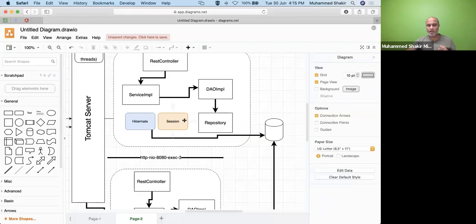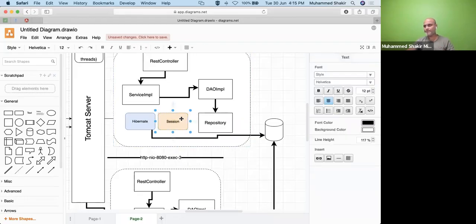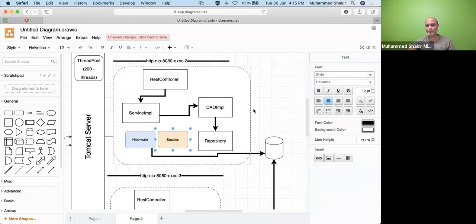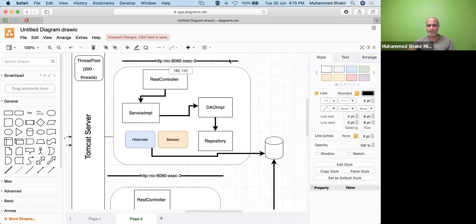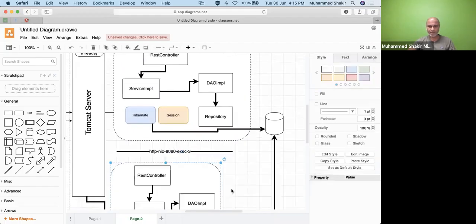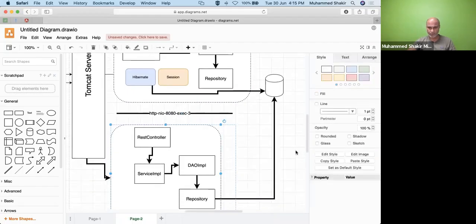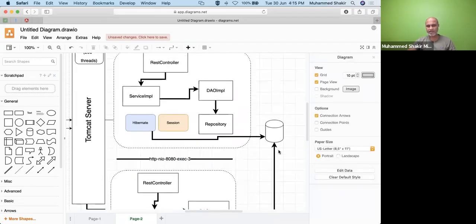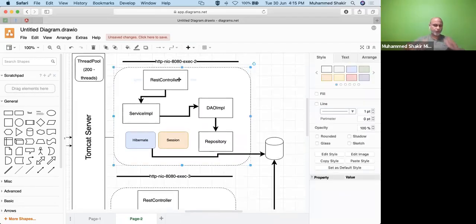Now, what Hibernate does, I repeat once again, is that it creates a session object. Right now, there is a beautiful point over here. Why do you think I picked up this thread concept? The reason is that I have a question for you. Let me extend this also over here. Chalo, first of all,